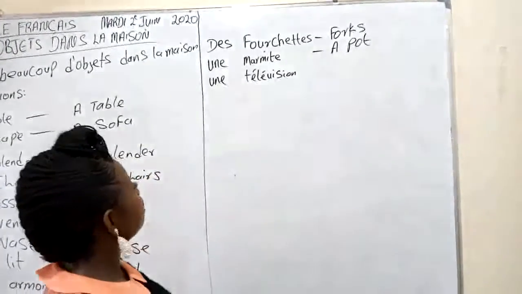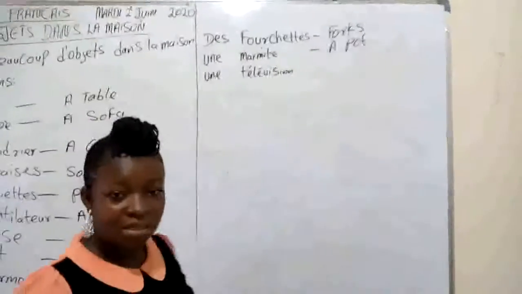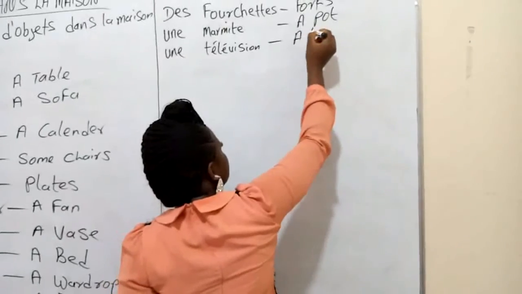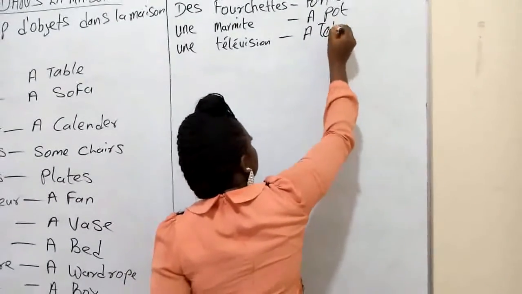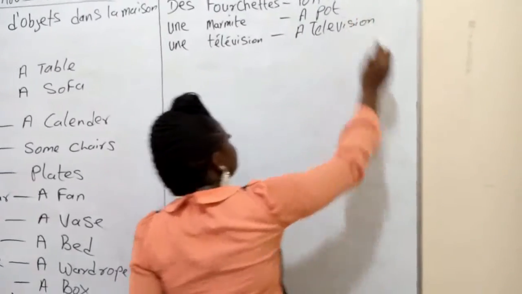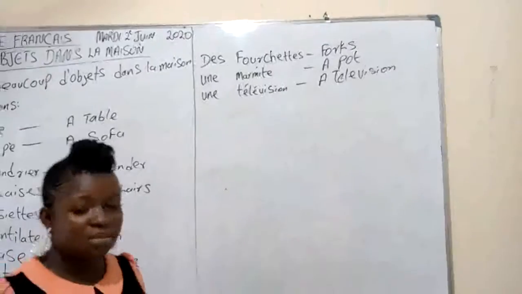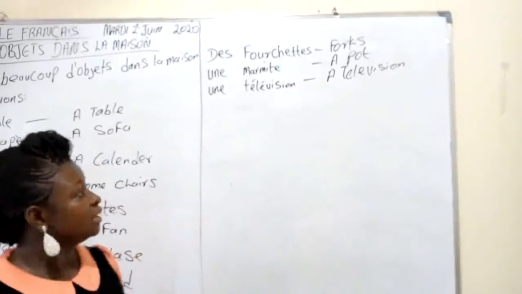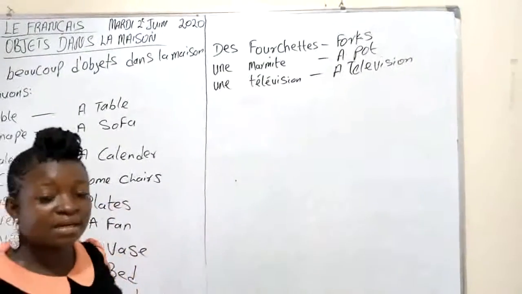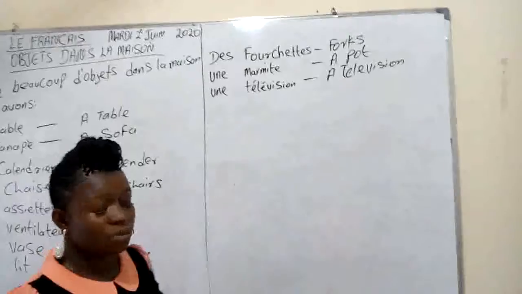We have une télévision. Here is a television. A television. Une télévision. Alright, these are not all the objects we can find in the house, but we look at these today,